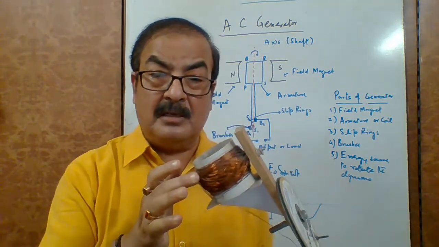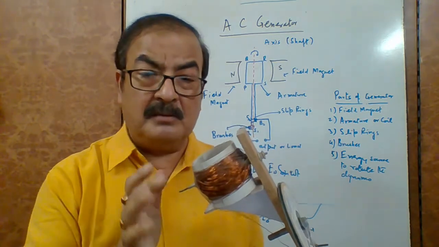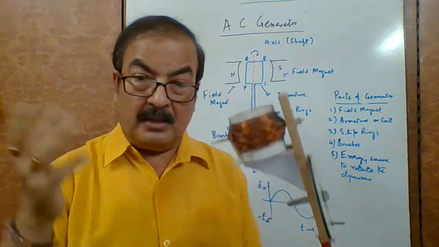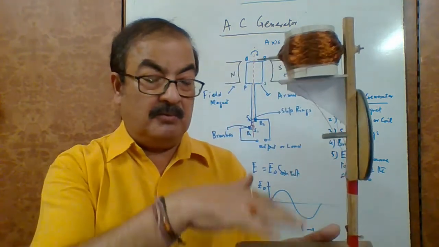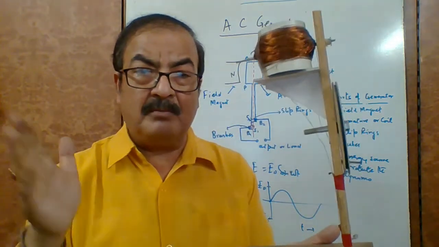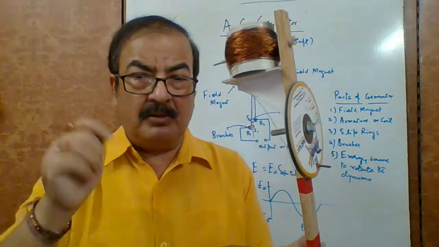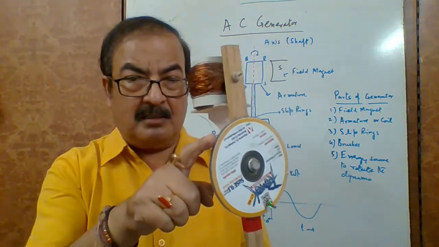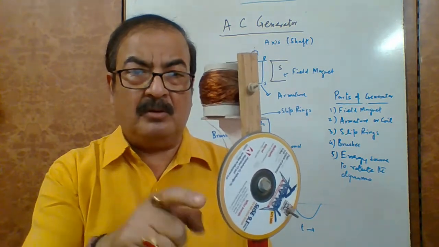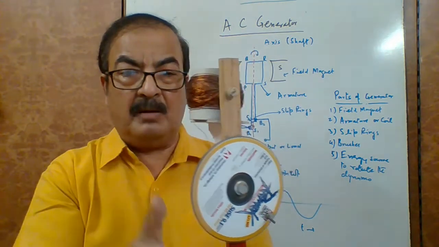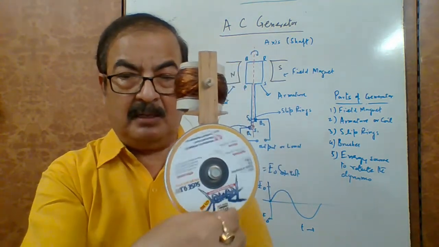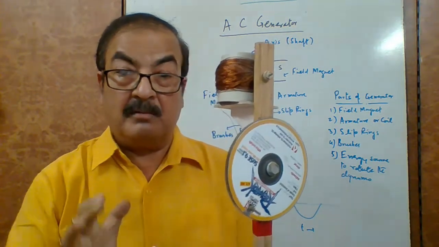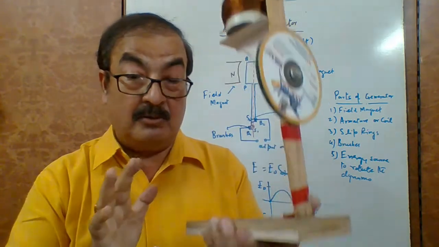It is just 25 gauge copper wire. Of course, this is enameled copper wire that you can take from the market. This is just a wooden stand that you can make from any carpenter. Even you can do it yourself with a hammer and other things. And this CD is used just for support. In case we use a big rubber band, then it can even be handled by this. You can even move this, and you can get the light.